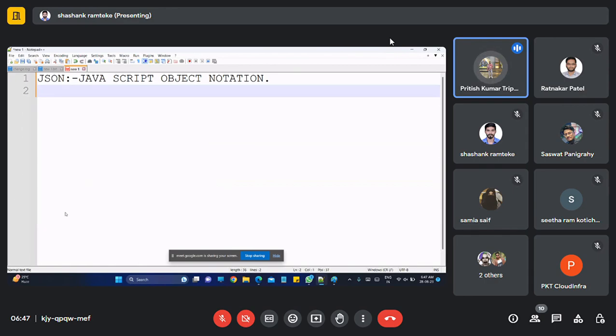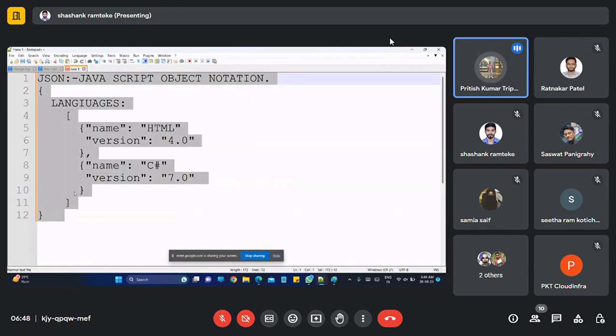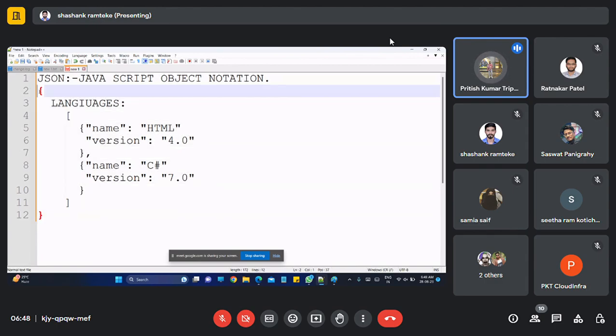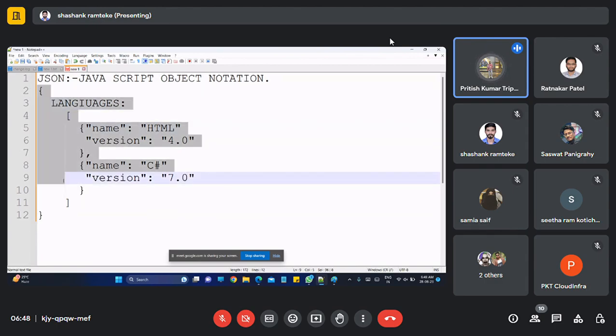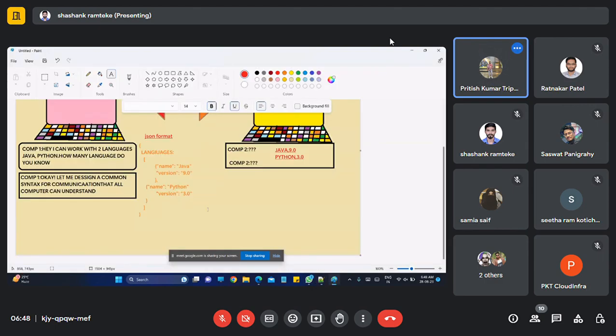Again, if you write this, then what will the computer 2 understand now? What will be the output from computer 2? Anyone? Again he will give it in this format.